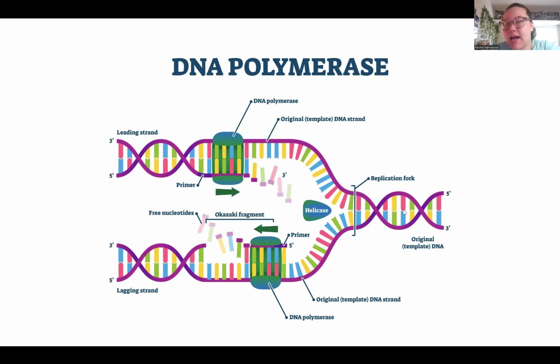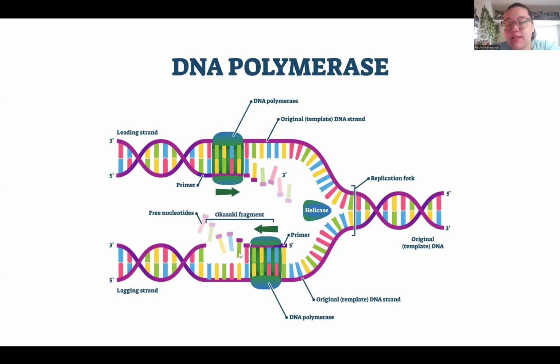This is the lagging strand. So it's unzipping the genes. It's being replicated by DNA polymerase. It's getting these complementary nucleotides that are being attached to this other one to create a brand new strand of DNA,